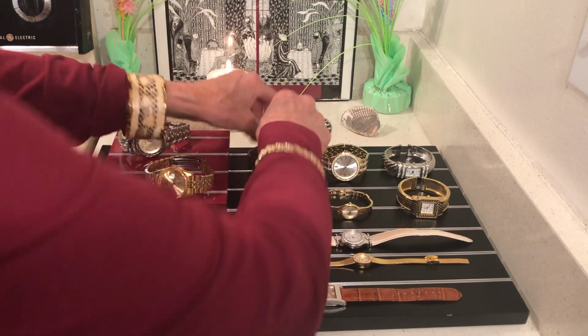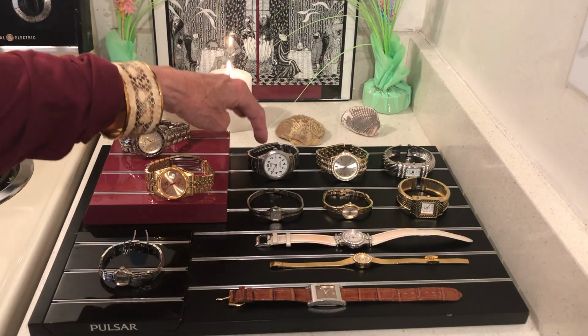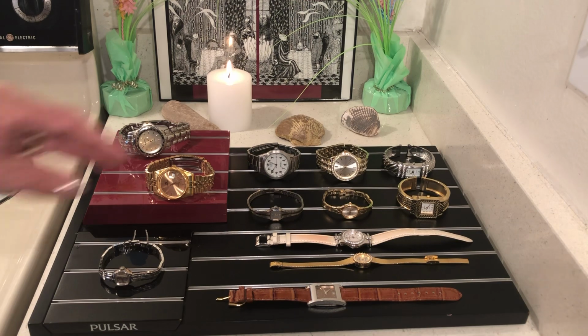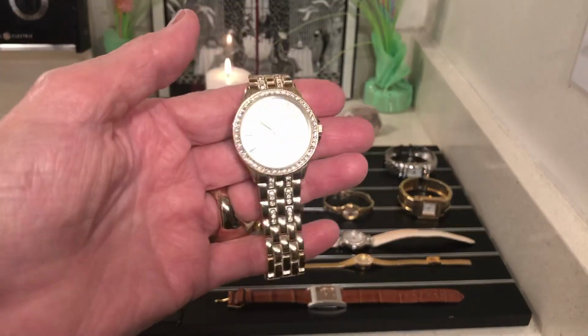And I bought this watch really dirt cheap, like $2, and it wasn't worth any more, and I'll tell you why. Because someone has sized it. Someone has taken some links out. Someone kind of small. Okay, and then this is